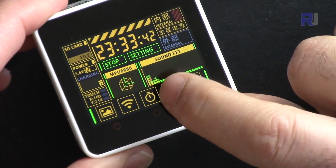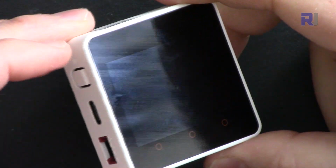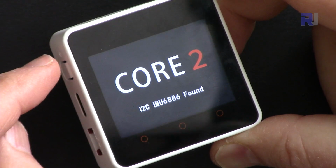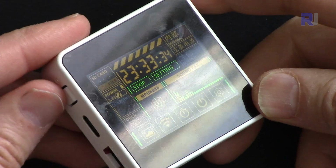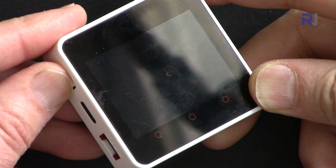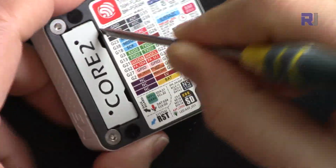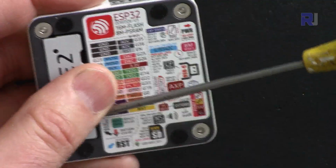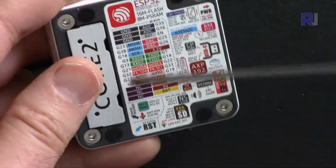So they have programmed this. Touch it, quick power off. To turn it on, let me turn it on. But with this actual power button, you have to press and hold it for 5 or 6 seconds to turn this off. Let's do that. And it turned off. Now let's open this protective